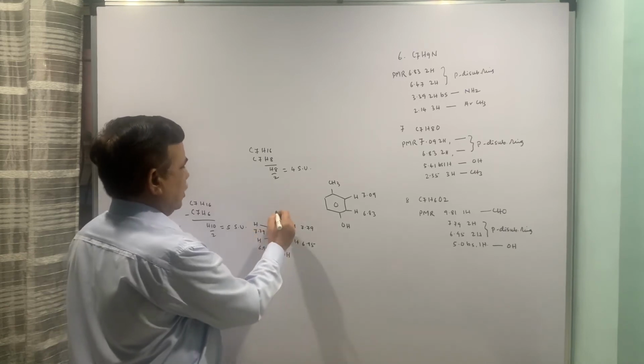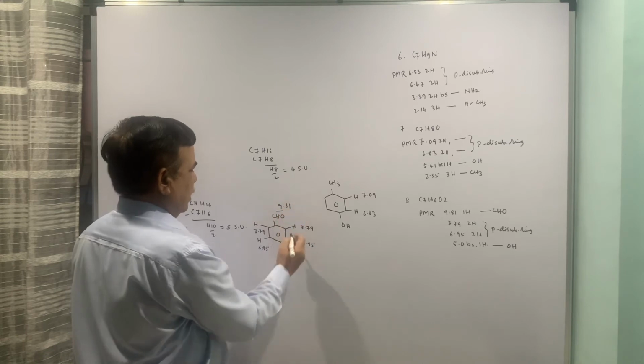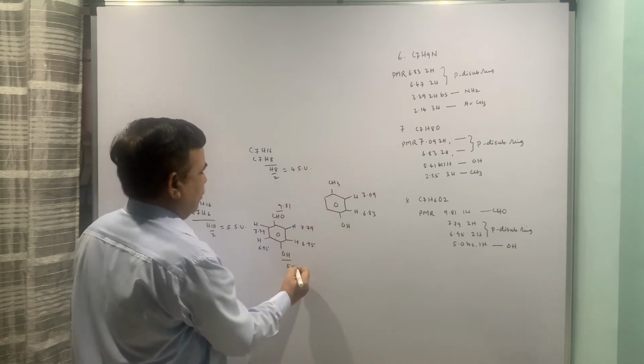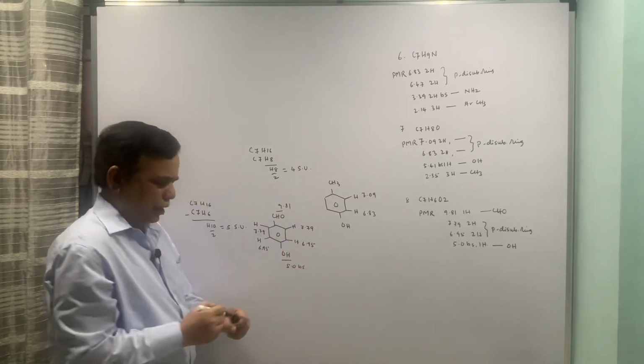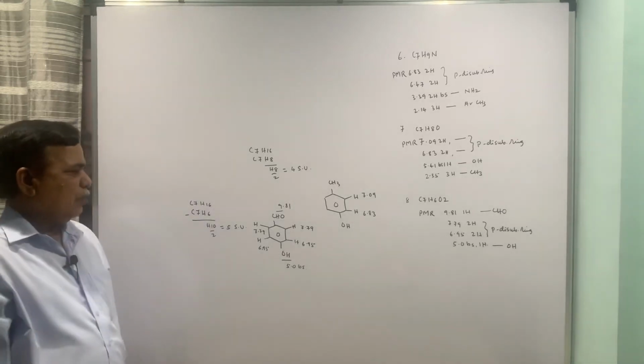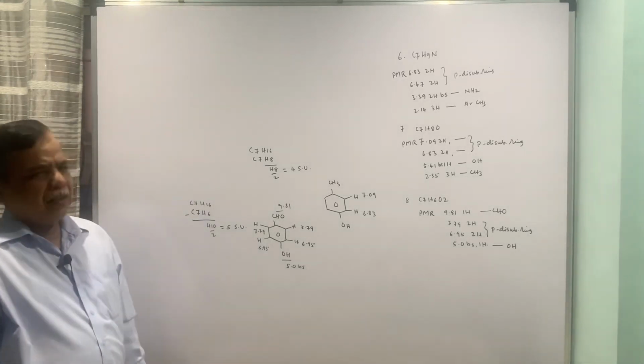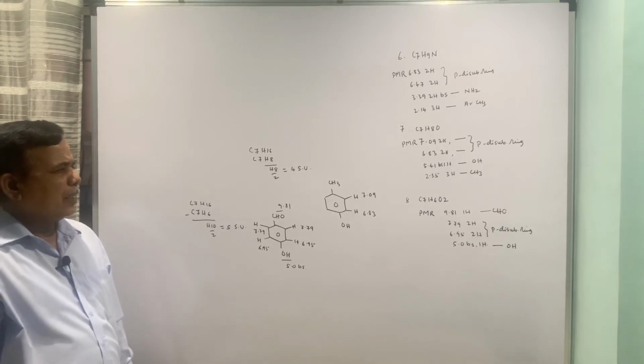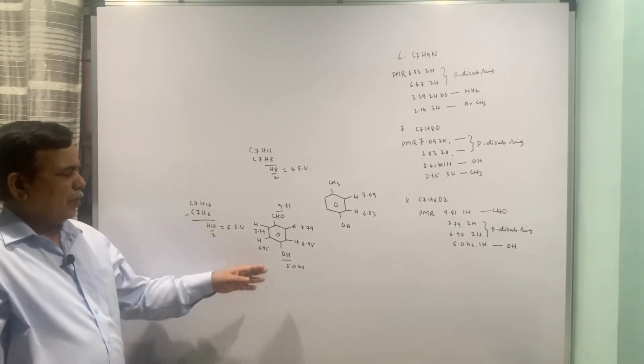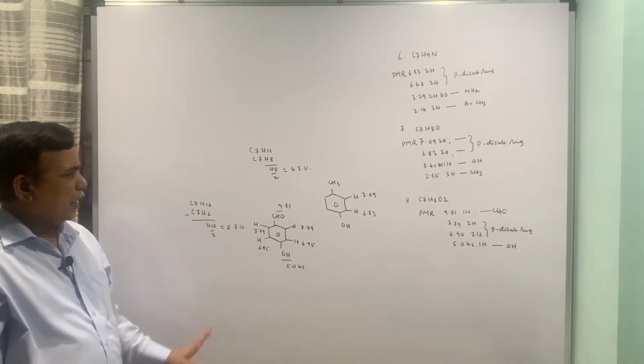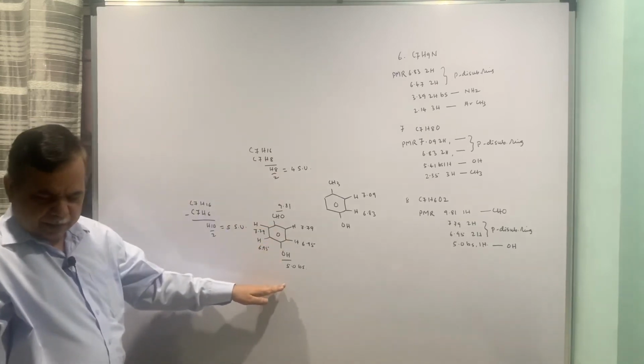So, 6.95 2 protons and 7.79 2 protons, this is 9.81, and of course this is a broad singlet because this is not coupling, and moreover it shows the quadrupole moment, the non-spherical alignment of electrons because of the non-bonding electron pair, and that is why it is appearing like this. Okay.